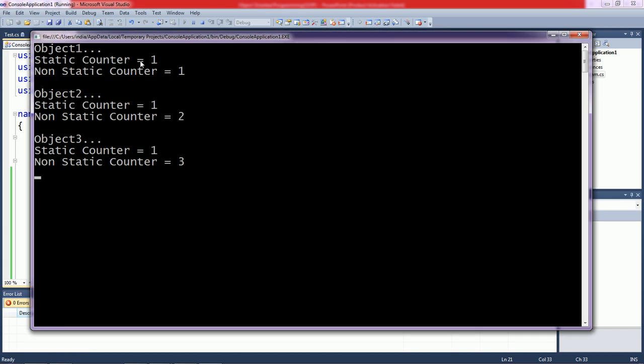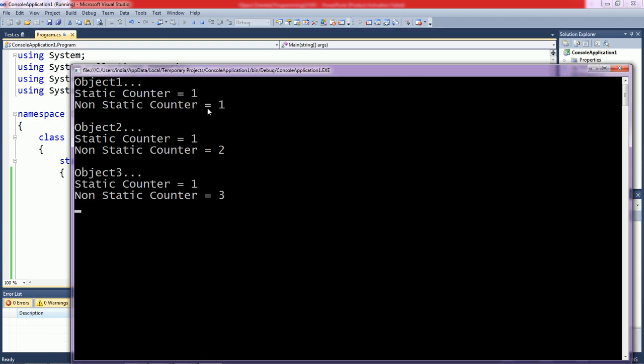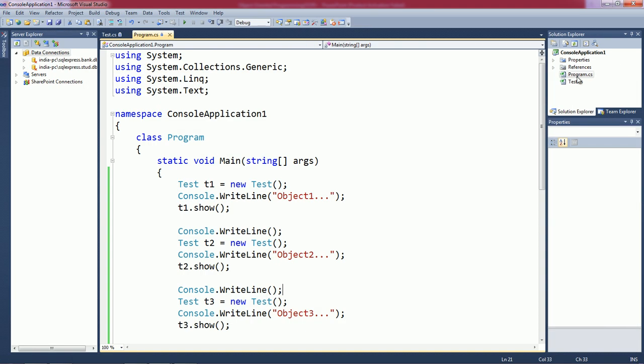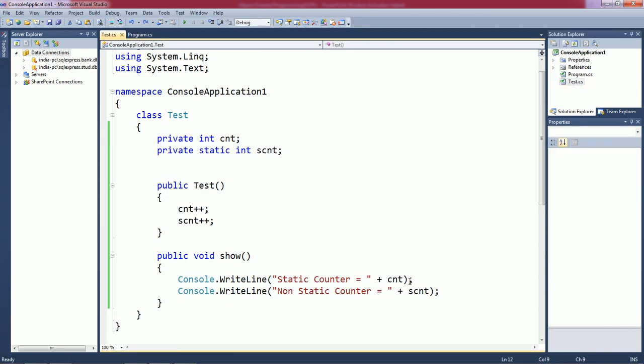Now for object 1 the static counter is 1, non-static is also 1. Oh, here I think I have made one mistake. The simple counter is the non-static counter and this one is the static counter.